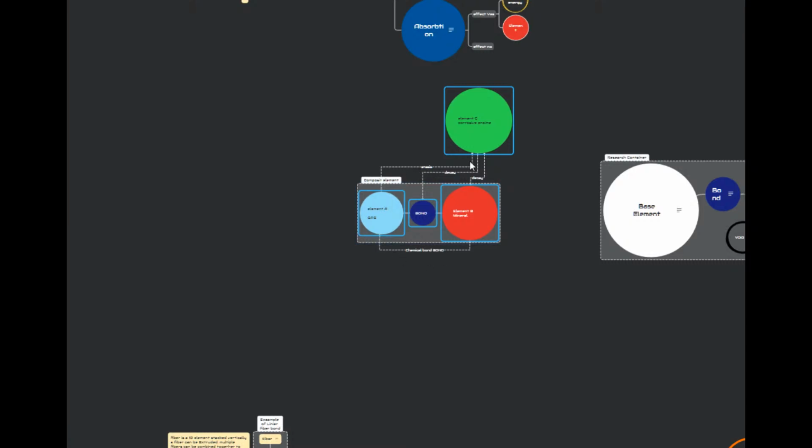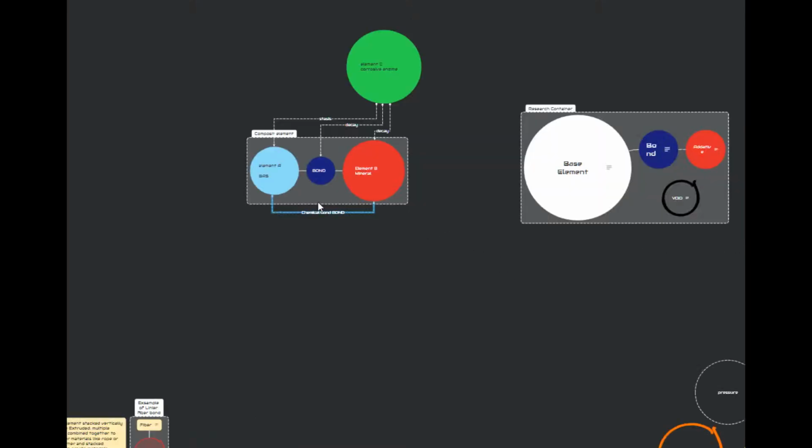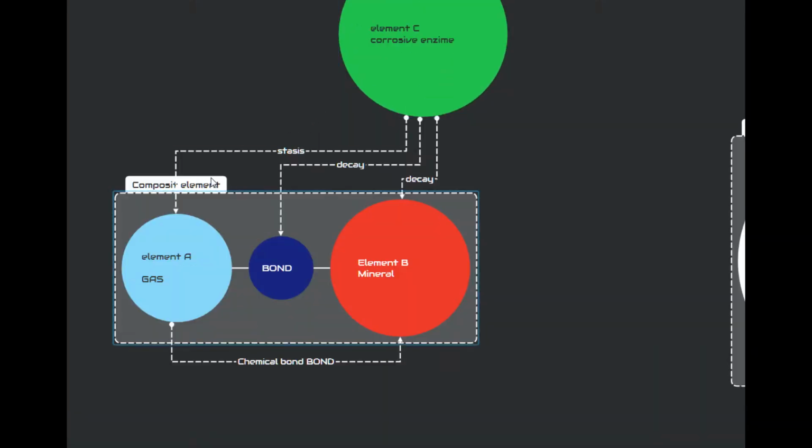So these are the types of experiments you can do. Can we do a boundary around it? No? Okay, never mind. So composite elements. So this is an example of how you would do it. So it would decay this, but if... Okay. So... corrosive decay properties. So if we're talking about, okay, we're talking about